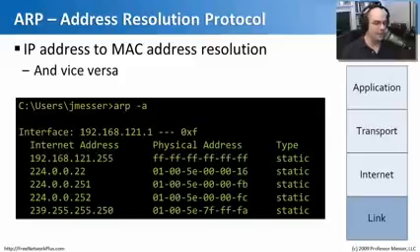So to be able to take this idea of I want to talk to 192.168.1.2, that IP address, we first have to find out what's the MAC address that's going to be able to get us to that device. And that's what ARP does for us. ARP behind the scenes, we never see it working, but it's always there working for us. Behind the scenes, ARP is responsible for taking this idea of an IP address and asking the network, hey, does anybody out there have this IP? And if you do have this IP, could you tell me your MAC address? Because I need to send you some data, and the only way I can send you data is if I